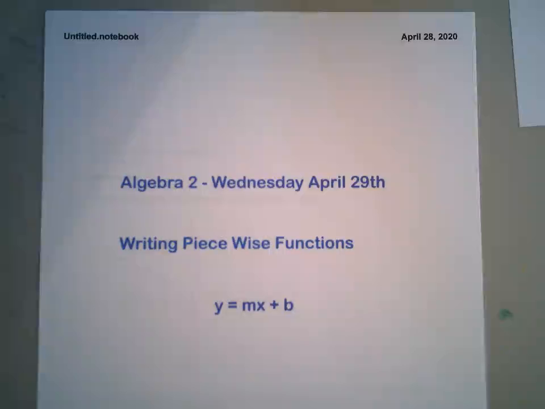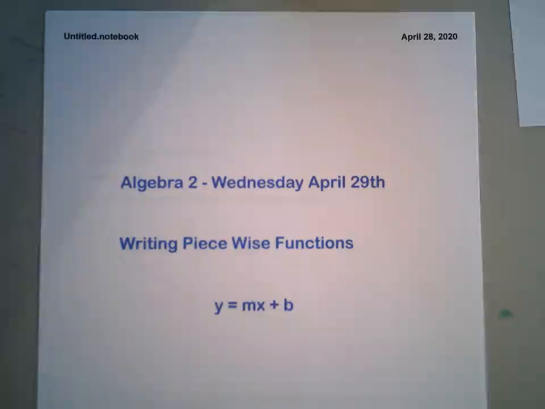Today we're going to write some piecewise functions. So it's going to be basically the reverse of what you did on Tuesday. I'm going to give you the graph. You're going to give me the equation. So what I'm going to do is show you what some of the Delta Math problems look like, how to create the equations that go with those graphs, and how to type it into